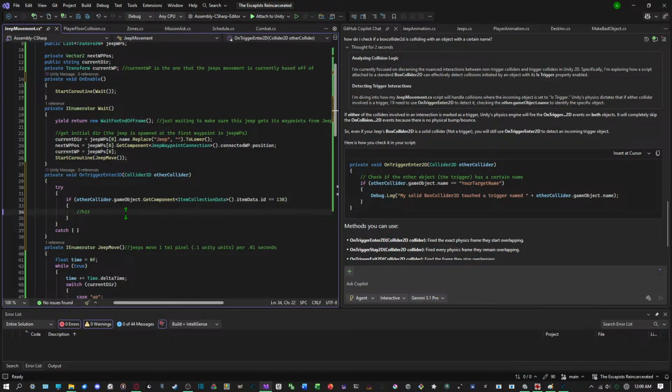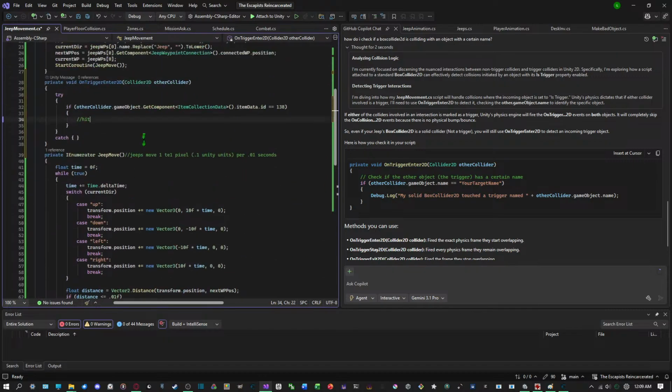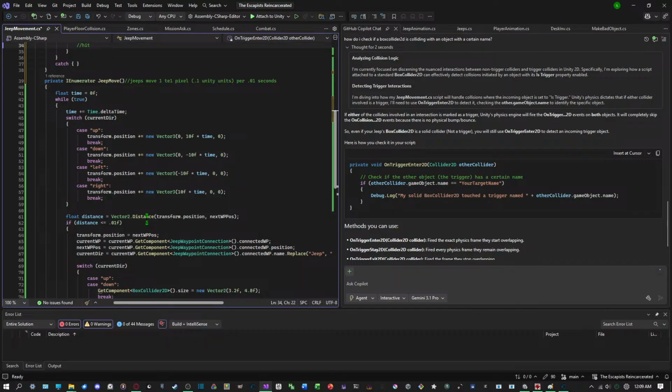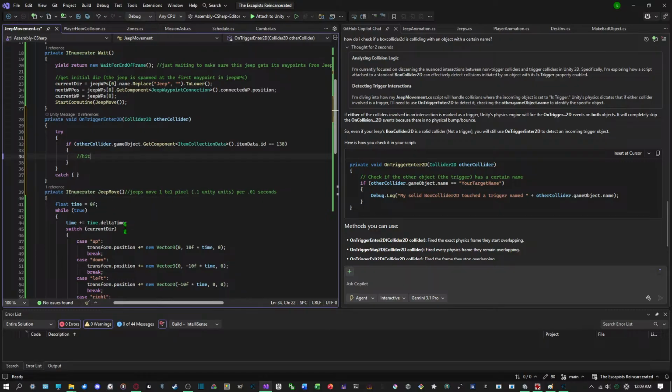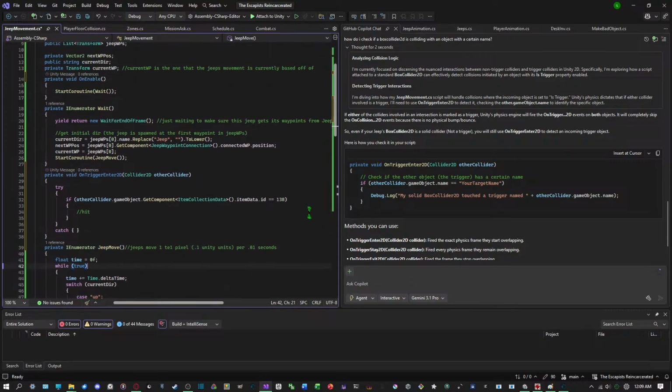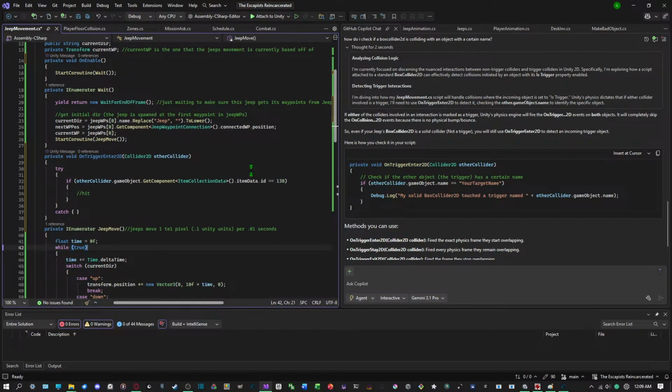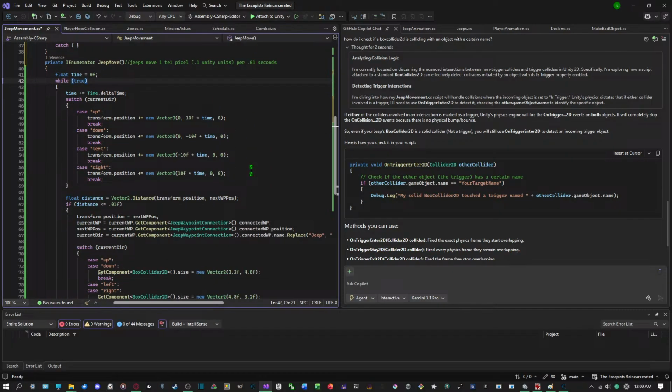Then it hits it, which destroys that game object and makes the Jeep stop moving. Okay. So if I want the Jeep to stop moving, I need to stop this. If I stop this IEnumerator, well,